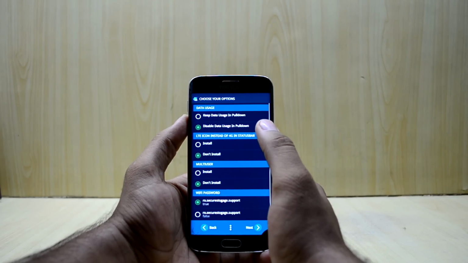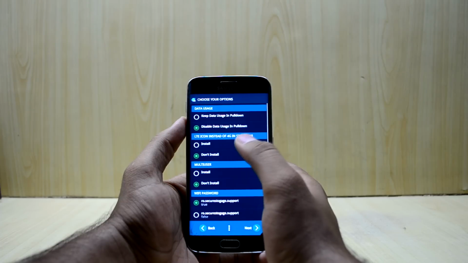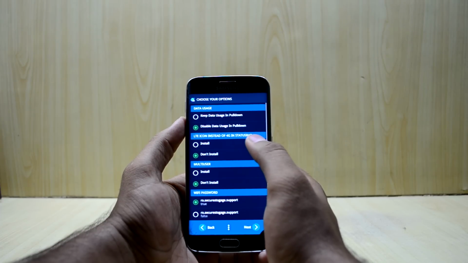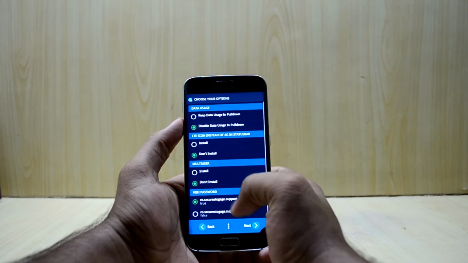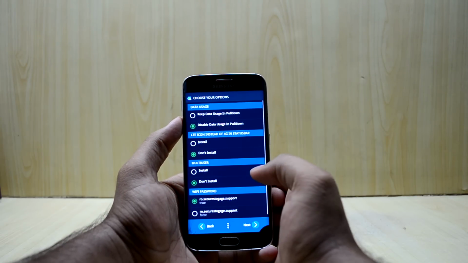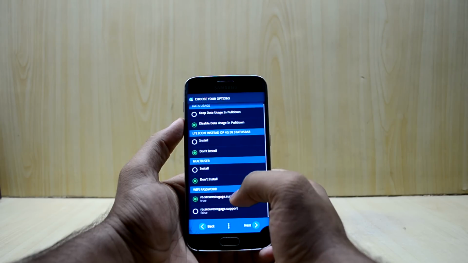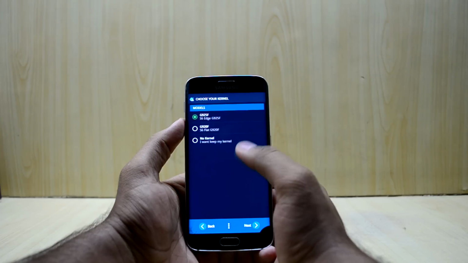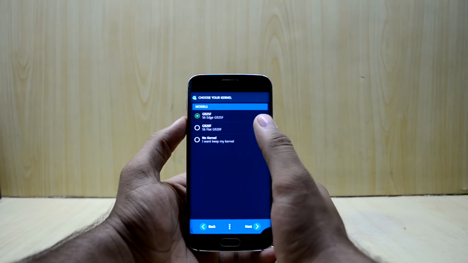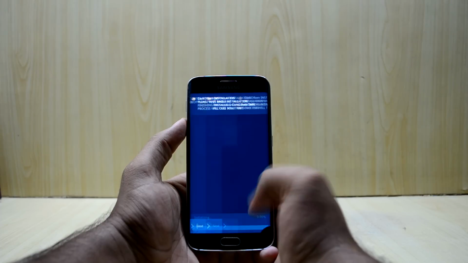And you can customize your ROM from over here, so you can choose to have the data usage when you pull down. I'm just gonna disable it. If you want to have the LTE logo instead of the 4G, I don't really care about that, so I'm not gonna install it. Then you have the multi-user support that I'm not gonna install as well, and I'm not gonna mess with this Wi-Fi password as well. So next. And my device is the G925F, so I'm gonna select that, and next and next.